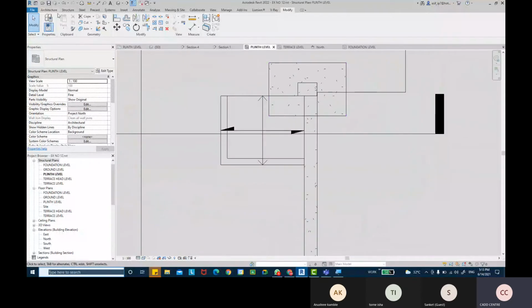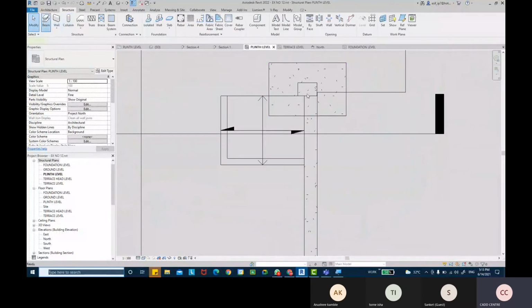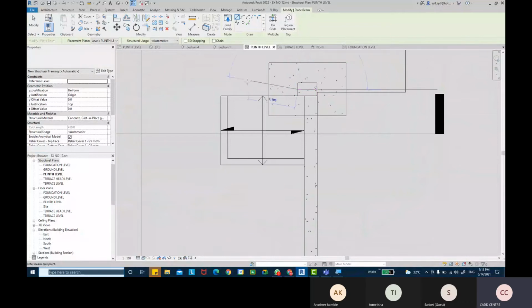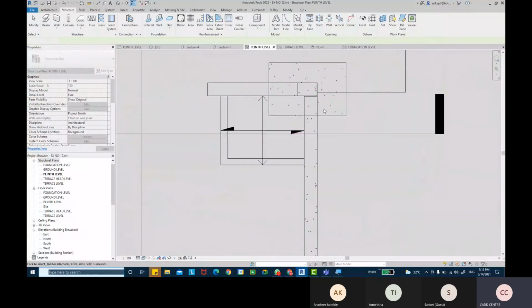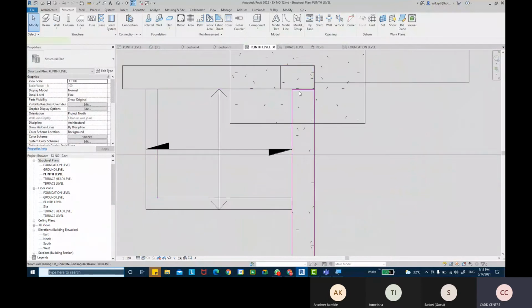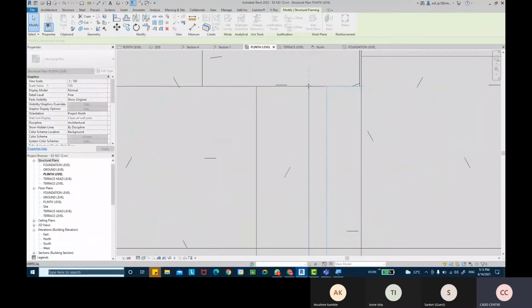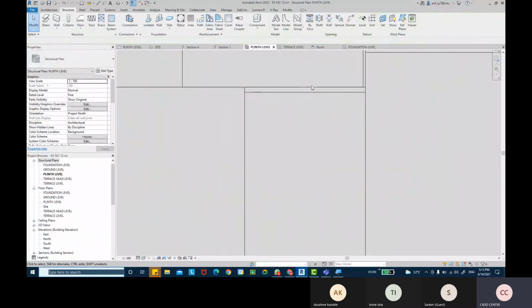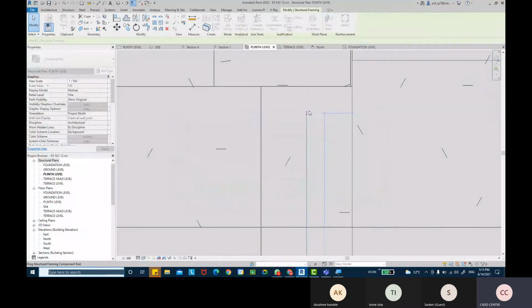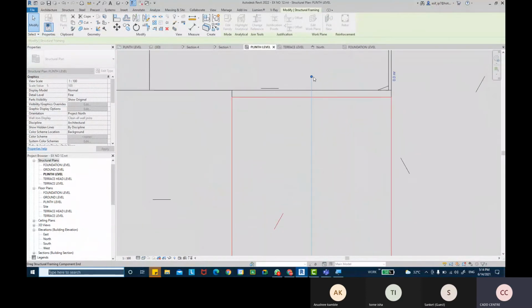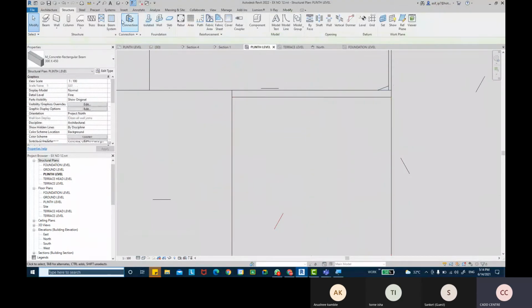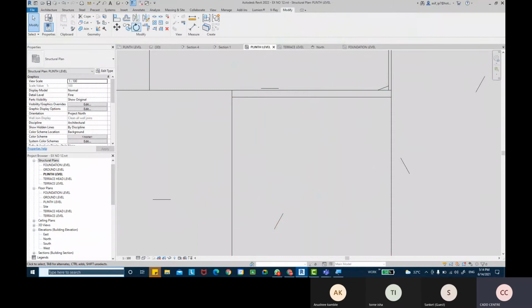The structural beams. So these beams are not properly placed. So make sure that gets aligned. Align to.